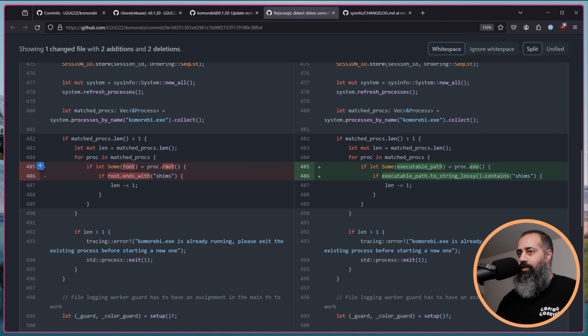So instead of comparing against the output of root, since root is now always the C drive or whatever drive the binary is running from, I now get the path of the executable, and if the executable path contains shims, we adjust the length of the matched processes to ignore the shim. This is not the most elegant way to handle this, I know, but I was incredibly stressed, and this is